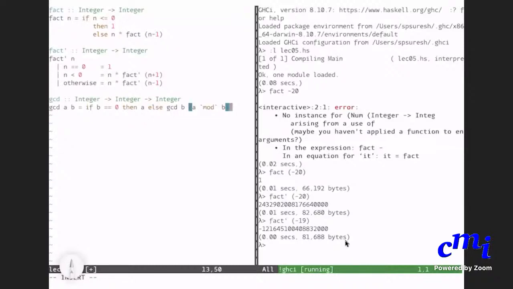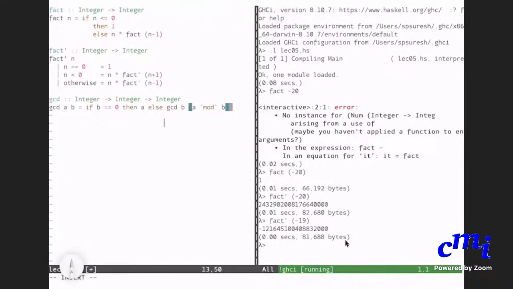Why? Because A mod B is just A when A is smaller than B. After that, it will always maintain the fact that the first argument is greater than or equal to the second argument. Eventually, when the second argument becomes 0, because at every step the second argument will reduce, and the first argument also will reduce, and if it doesn't reduce, then the second argument will become 0, and then you can just return the first argument as the GCD. Okay, so this is the standard Euclid algorithm.